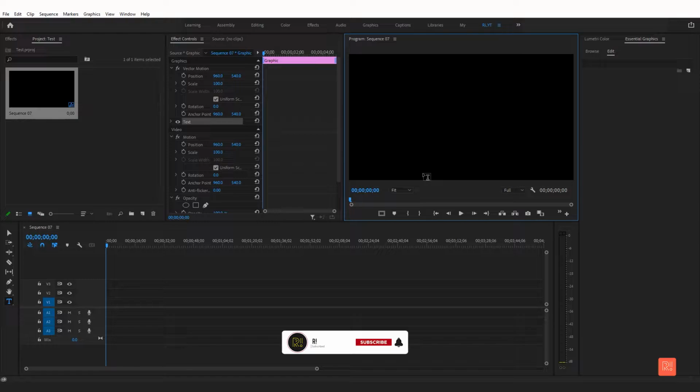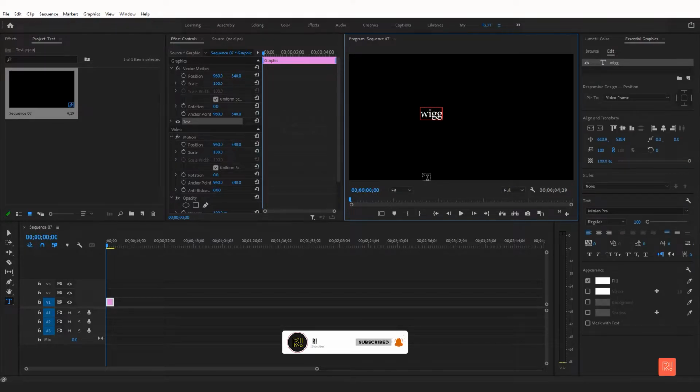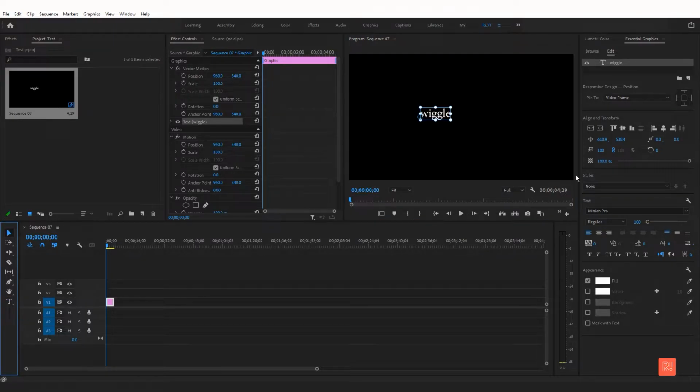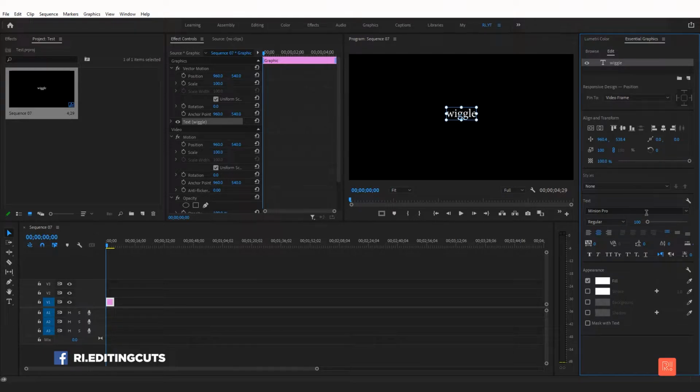I will create text here and write "wiggle". Now adjust the scale of the text. Once the font and alignment are adjusted,